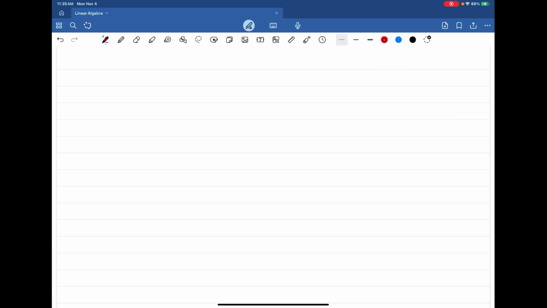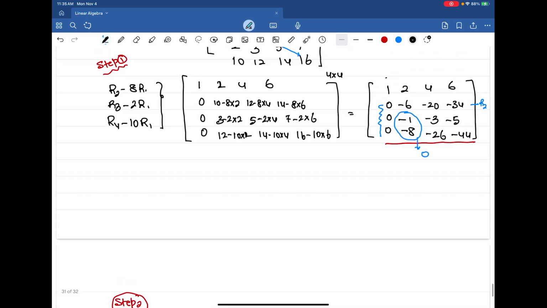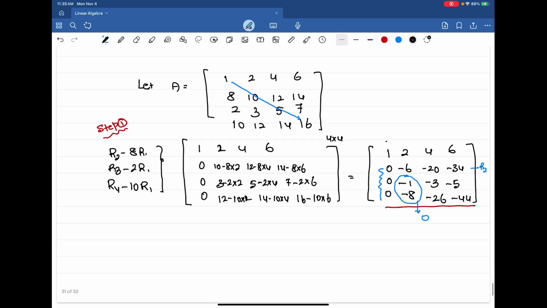This is step 2. In step 2, what we have to do? Here you see R2 is minus 6, and to make minus 1 as 0, by adding or subtracting some multiple of minus 6, I think